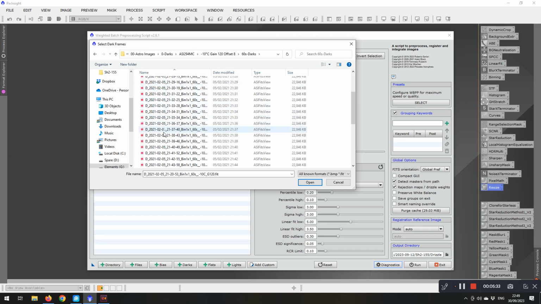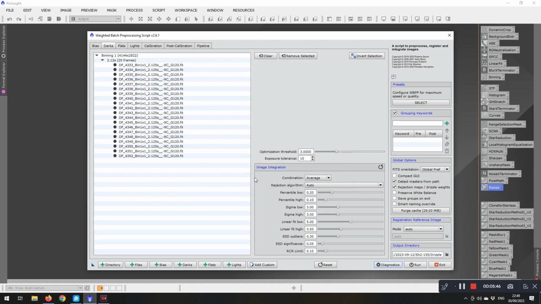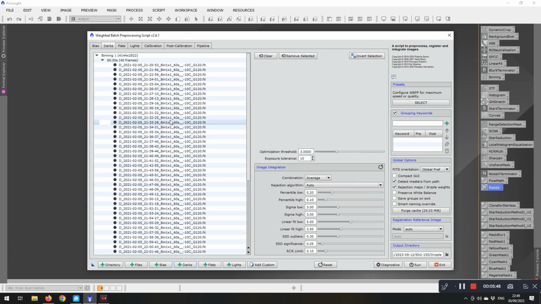So I can pick all my 60-second darks. I'm picking all of them in this particular case. I do have masters for this, but I'm just demonstrating with all of the files here. So when they're added in, there's 40 frames in there